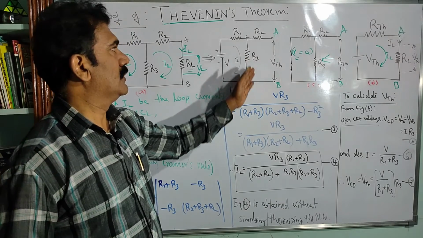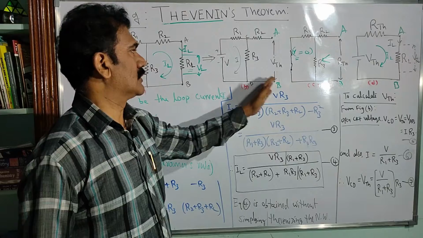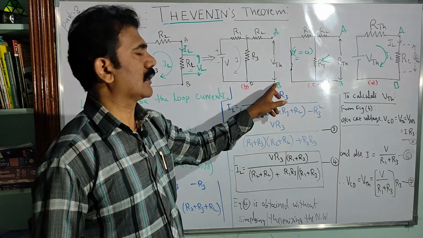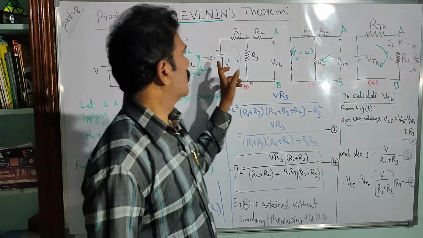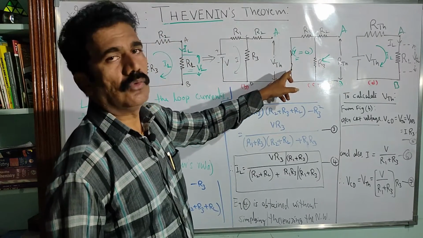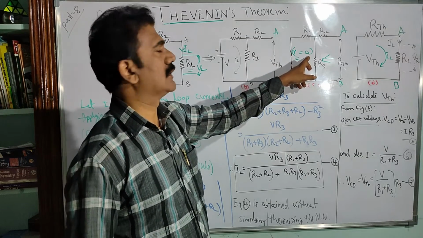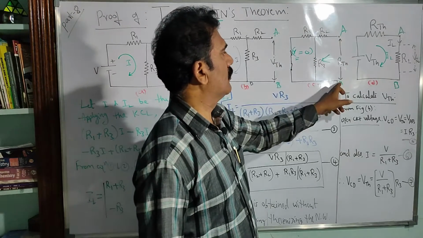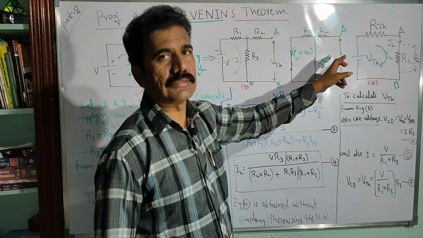In the next step, as I told in the different steps, first we need to measure the voltage across the open terminals by removing the load resistor. So measure the Thevenin's voltage across the same terminals A and B, and then in the next step you short circuit the voltage source, in series with the internal resistance. By assuming internal resistance is equal to 0, we can proceed also. So across the terminals A and B we can find the equivalent resistance, that is called Thevenin's resistance.